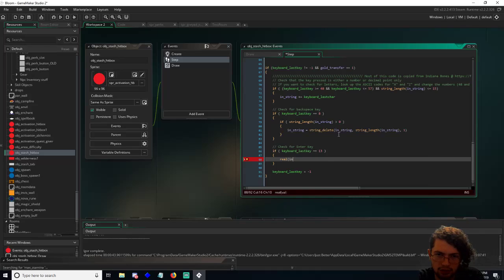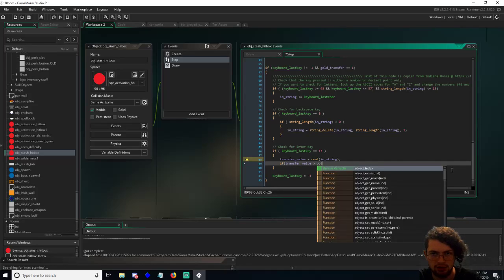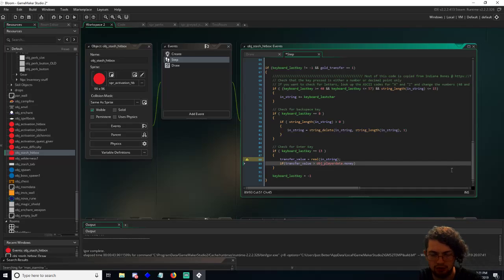In string. And this just converts it? No, this returns the value. So in string is still safe, which it should be. So let's put this as transfer value equals real in string. And then what it does is goes if transfer value is greater than obj player data dot money, then, well, greater than or equal to is fine. Then